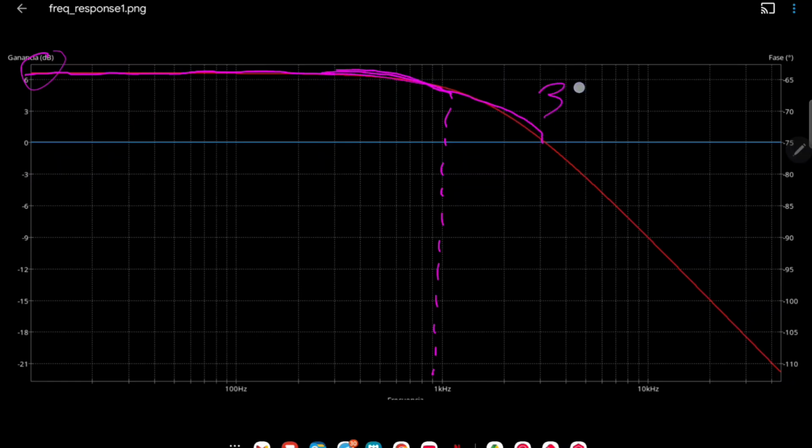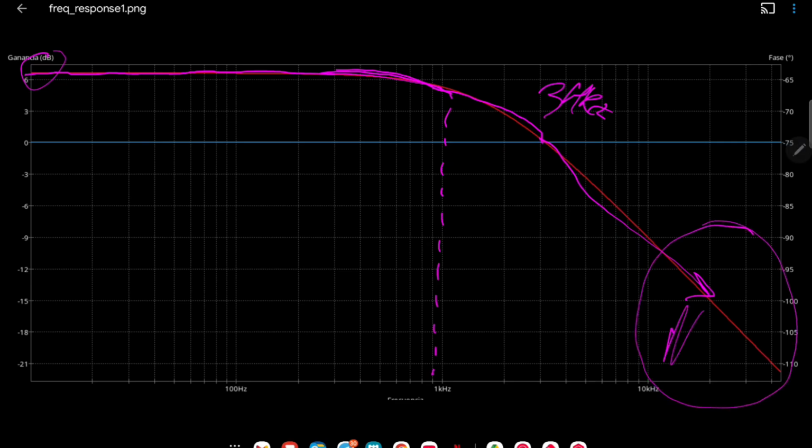Around 3 kHz, the power of the output is more or less the same as the input, and after that 3 kHz it starts attenuating your signal. And it makes sense, most probably all you have in this area is just noise, and you don't want noise